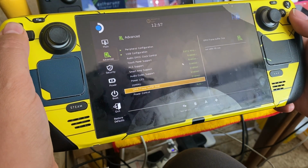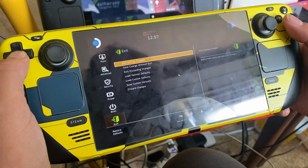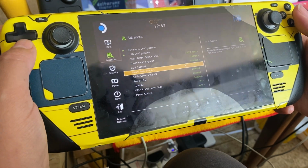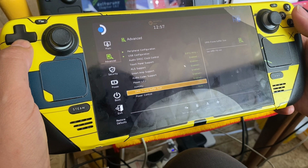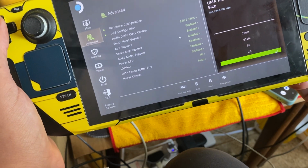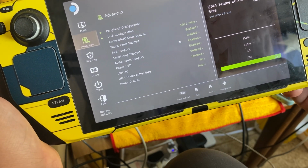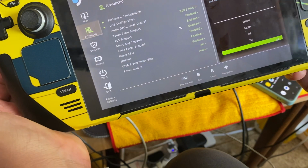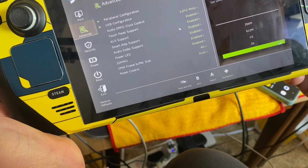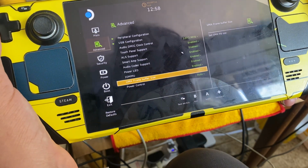It's strange because I don't understand why it's saying 4 GB. All right, I'll show you guys what I'm talking about. Down here you can change not only your CPU, you can change your UMA. So UMA is this one, and it is actually saying 4 GB. It starts from 256 megabytes. It just says 256M, but that's megabytes. 512M, that's megabytes as well. And 1 gig, 1G, and then 2G, that would be 2 GB, and then 4G, which is 4 GB. The main reason why I came in here is because when I looked at my